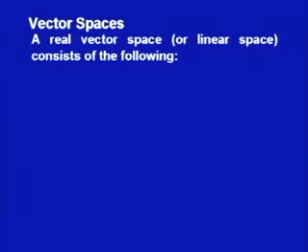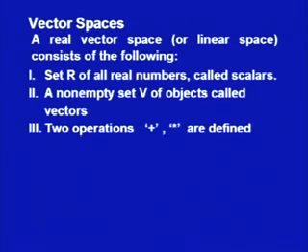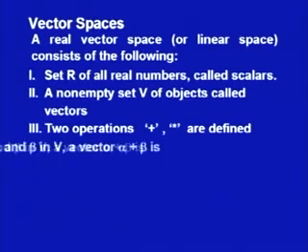We start with the definition of vector spaces. Now, vector spaces, sometimes we call them linear spaces, consist of the following. The first is the set of real numbers, we call them scalars, a non-empty set V of objects or vectors, and two operations defined on them, plus and star. They are defined as,